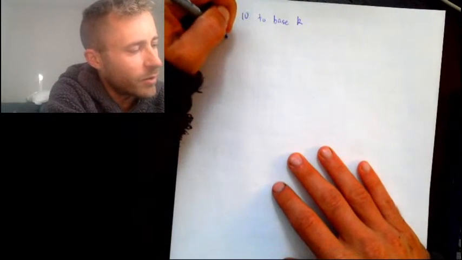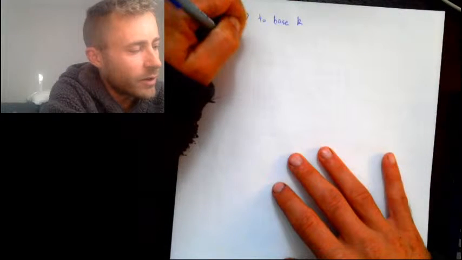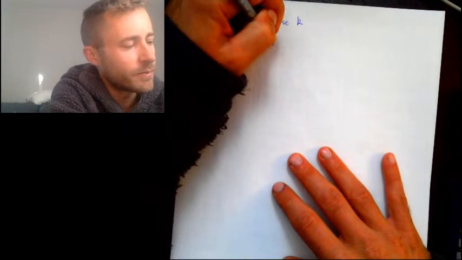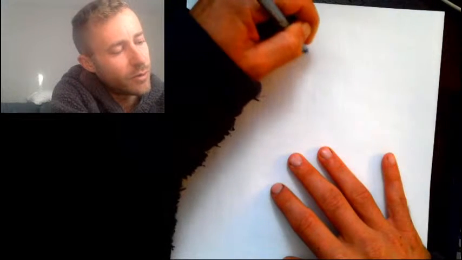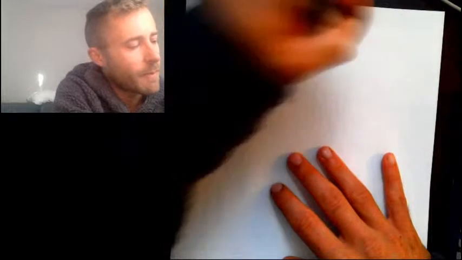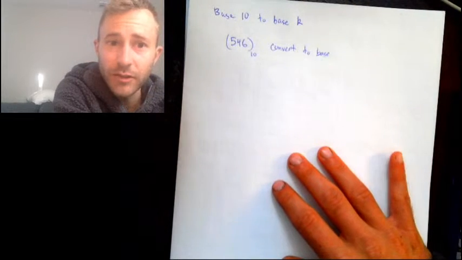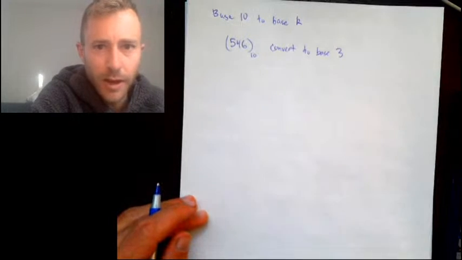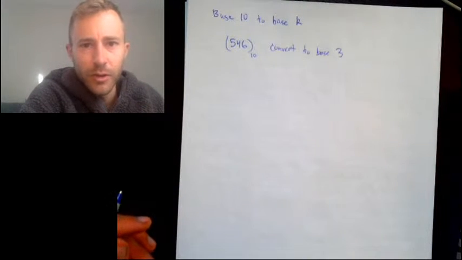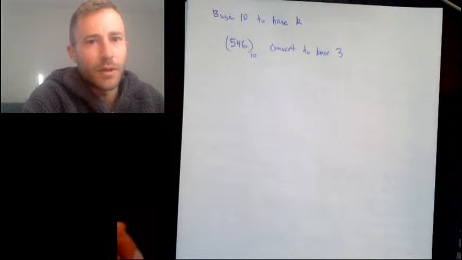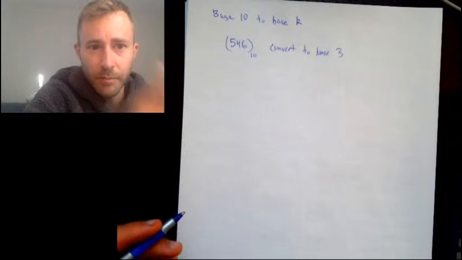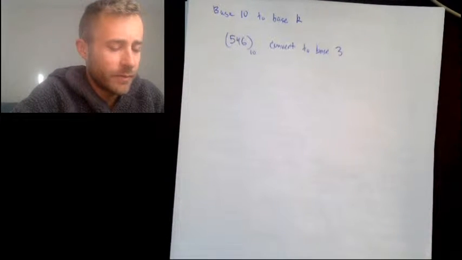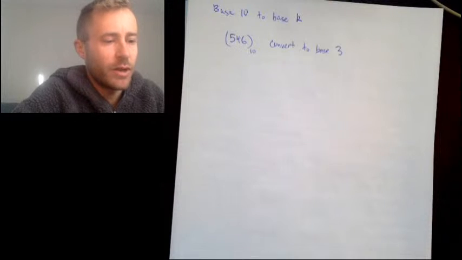So let's say I have the number 546 base 10, and I want to convert to base, let's say base 3, for example. Okay, so what you're going to do is you are going to repeatedly divide by 3. Okay, so if I do 546 divided by 3,